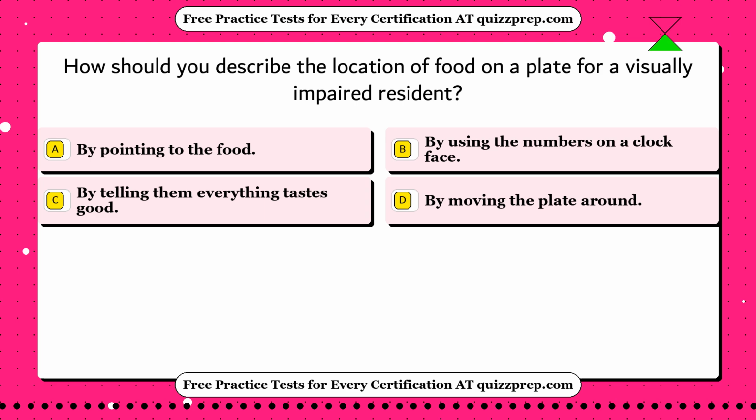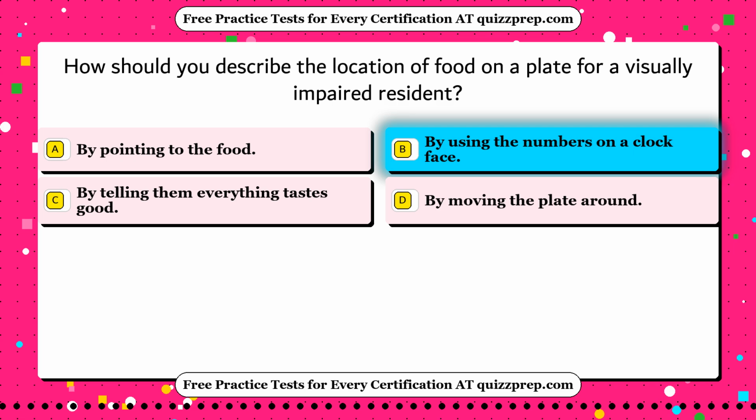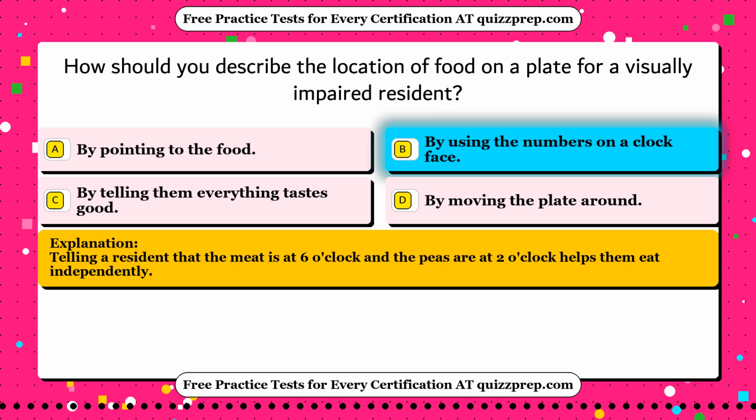Question 98. How should you describe the location of food on a plate for a visually impaired resident? Option A, by pointing to the food. Option B, by using the numbers on a clock face. Option C, by telling them everything tastes good. Option D, by moving the plate around. The correct answer is option B, by using the numbers on a clock face. Telling a resident that the meat is at 6 o'clock and the peas are at 2 o'clock helps them eat